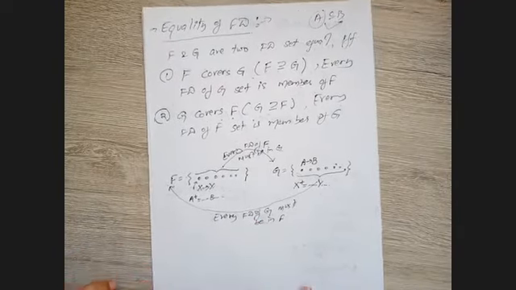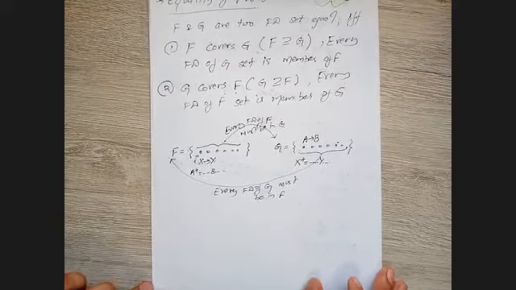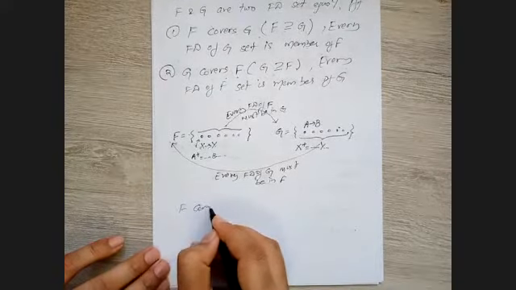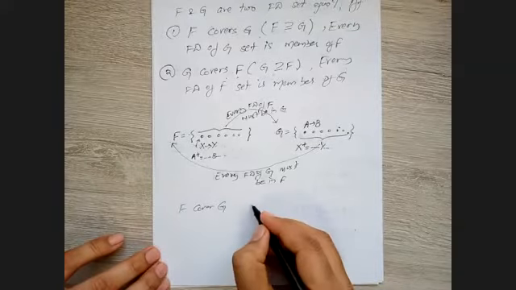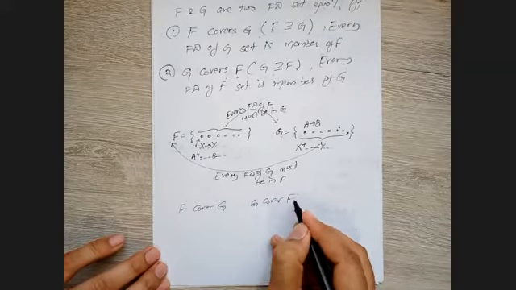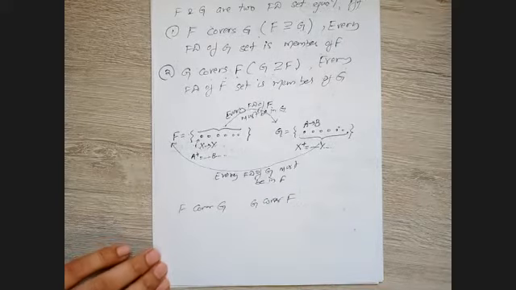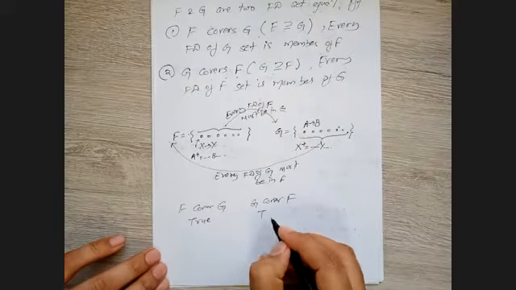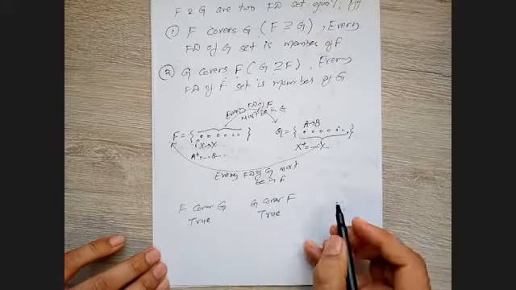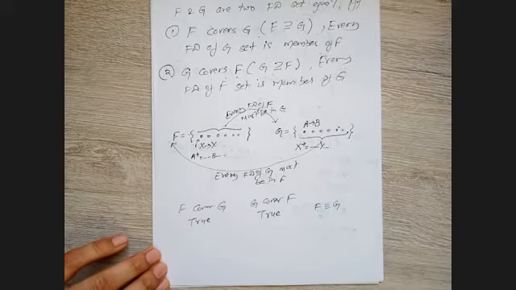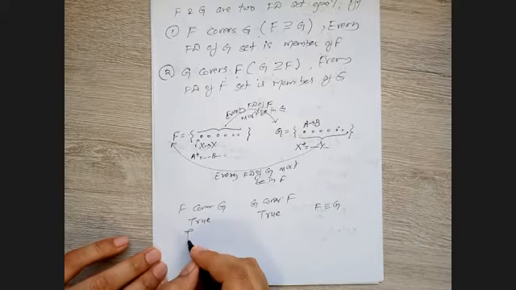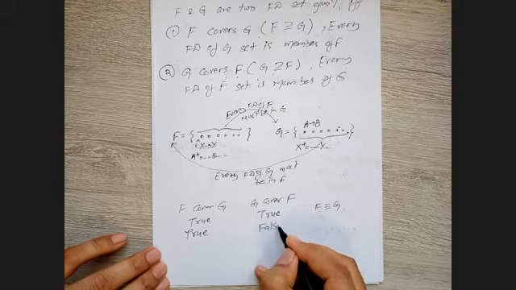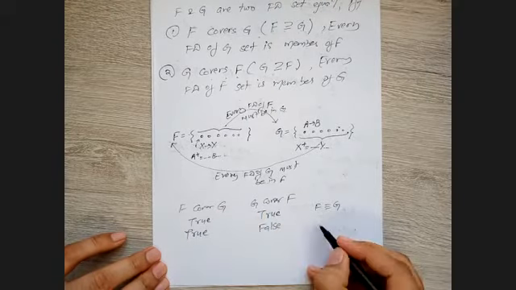I hope you're understanding. We can have a kind of truth table for this as well, for better understanding. For example, F covers G is one scenario and G covers F is another scenario. If both are true, F is covering G and G is also covering F, then definitely F and G are equivalent. If F covers G is true, but G does not cover F is false, then what does it mean?